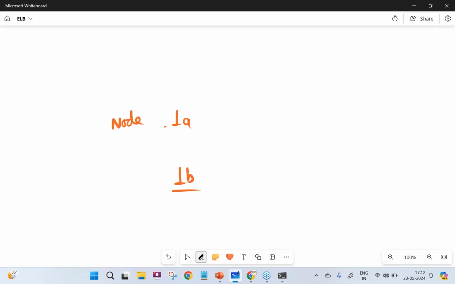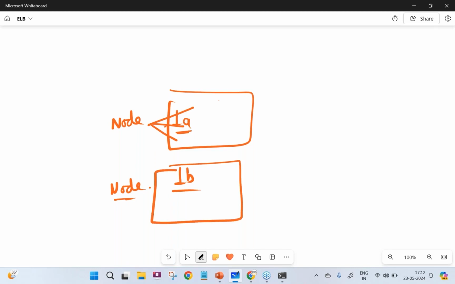In 1A, a node will be created, and in 1B, a node will be created, and this node will distribute the traffic to the EC2 instances which reside in its own availability zone, and the other node will distribute the traffic to the EC2 instances which reside in 1B availability zone.